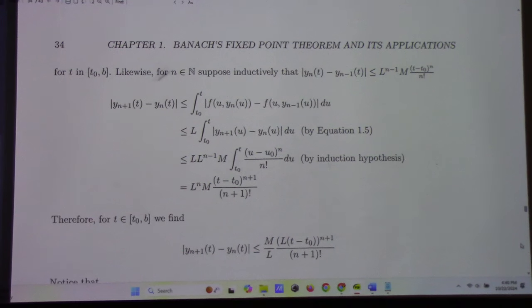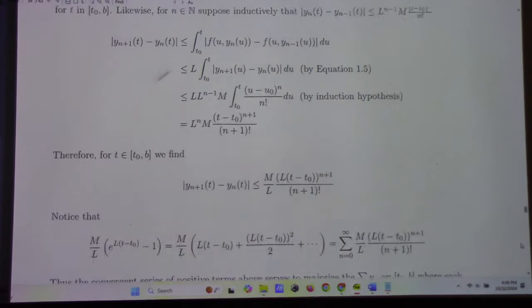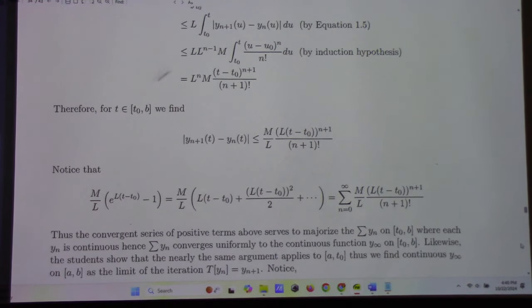E? Just about. What do you think, Jack? Are you going to jump on this, make it a consensus? Math is done by consensus, right? If there's 3, that's a proof almost. It's a quorum. All right, I think we got it. You guys are right. It is in fact the exponential. It's a little bit off in terms of, so if I take e to the L times t minus t naught, minus 1,